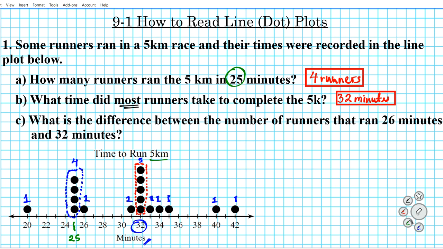So what operation does difference suggest? Difference is just a fancy way of saying subtract. Okay? So we're looking at the subtraction operation. So what we're going to be doing is number of runners that did 26 minutes minus number of runners,